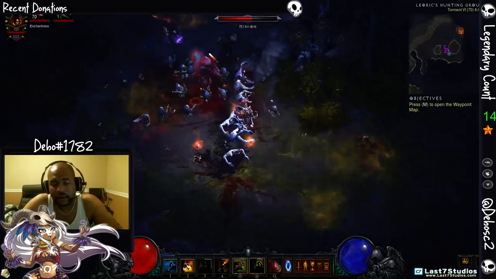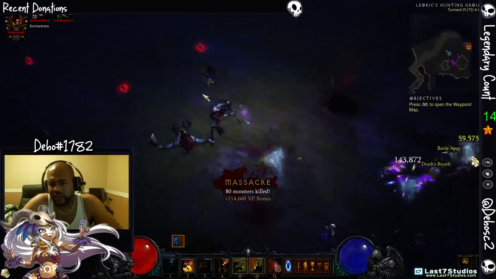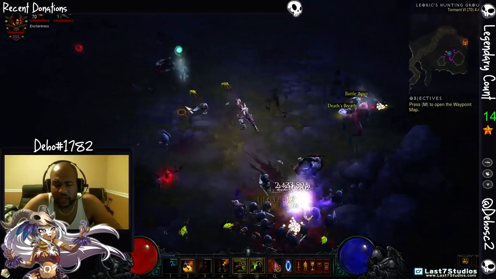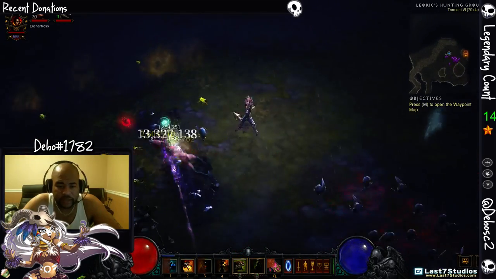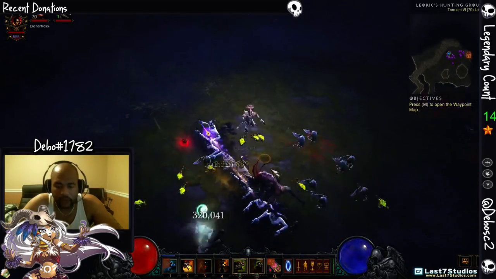Now, some people could argue too, hey Debo, why even run Zombie Wall? What's the point of it? You can just run Addling Toads. And I'll say, yeah, that's true. But like I said, the nicest thing about it is that when I combine it with the Zombie Wall and low cooldown,